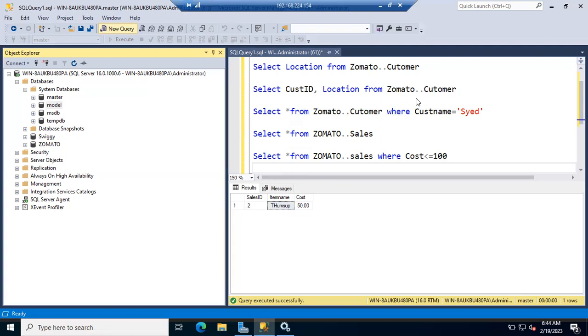See, for example, you worked for 1 day, or you did some data processing. Whatever temporary results are there, all the temporary data will be stored in the temp DB. So when you restart the SQL server,